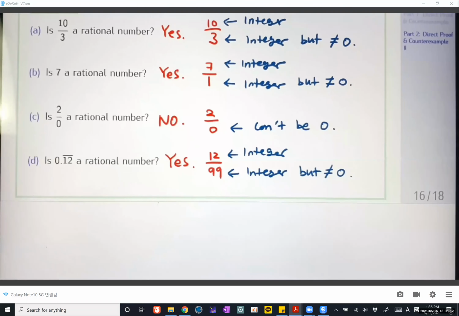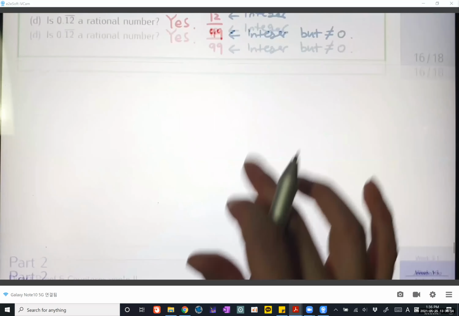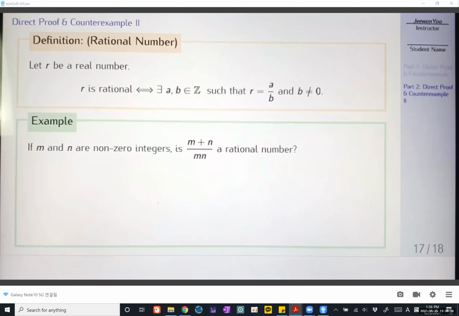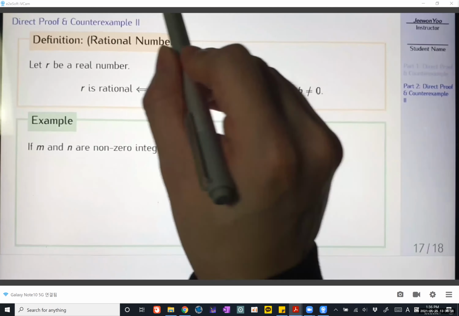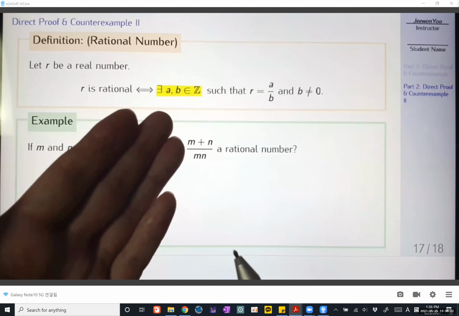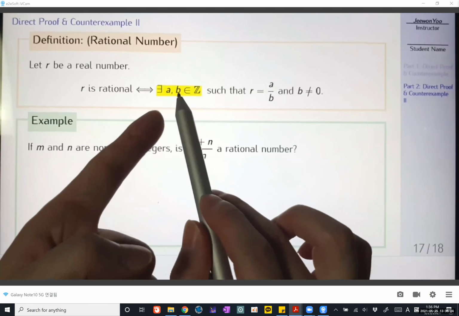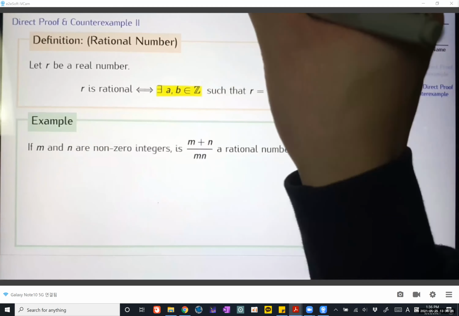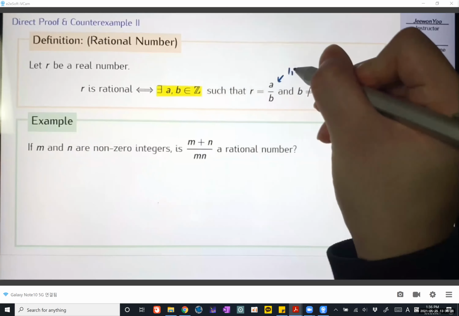Okay, let's move on to the next page. Here's the proper meaning of a rational number. If you can find, which means an existential statement, if you can find A and B such that the top is an integer, some integer A,